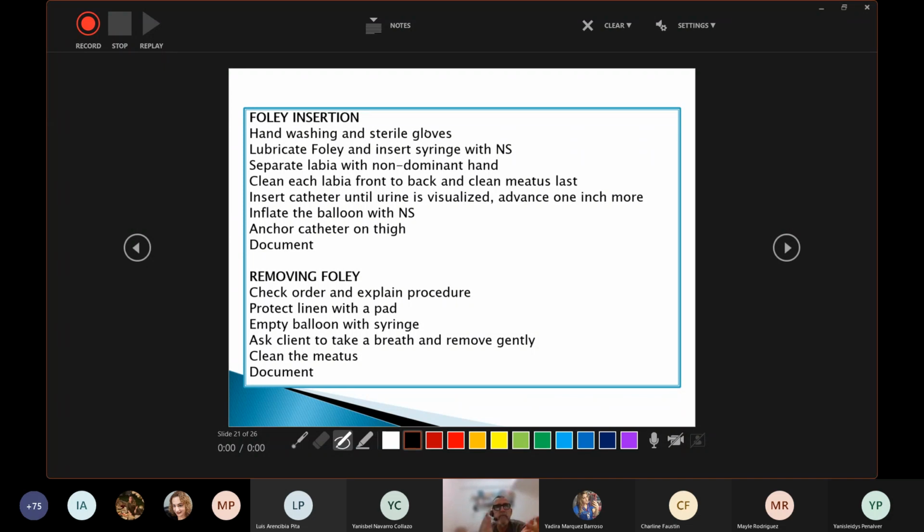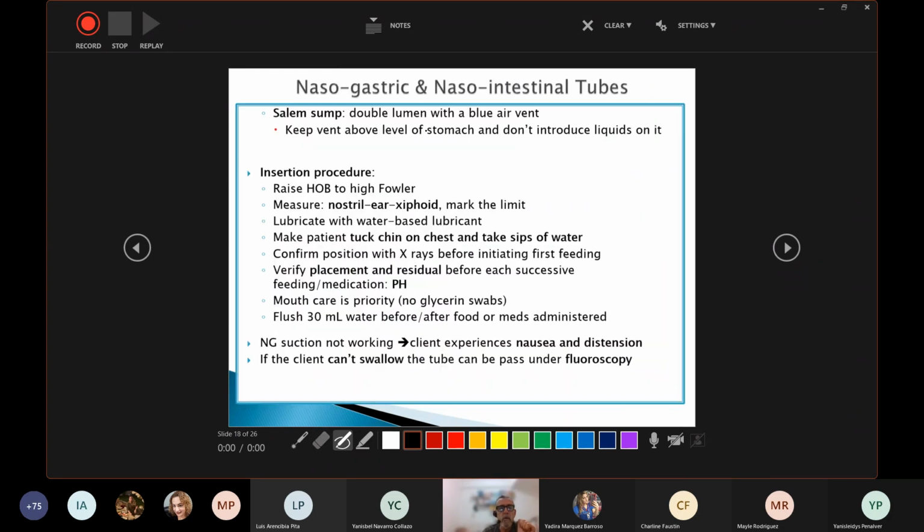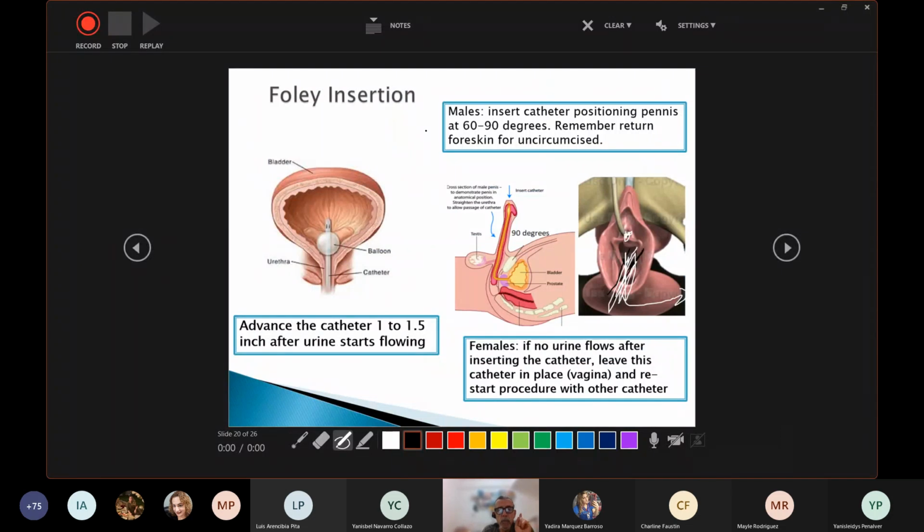To remove a dressing, you don't need sterile gloves because you are holding the dressing, which is clean, not sterile, and removing it. The same goes for an enema, and the same for the introduction of a nasogastric tube, which are non-sterile areas. But the two sterile areas that you need to remember, where you must wear sterile gloves, are to introduce a Foley catheter and to suction the trachea.